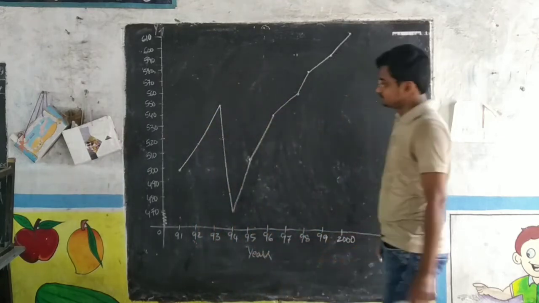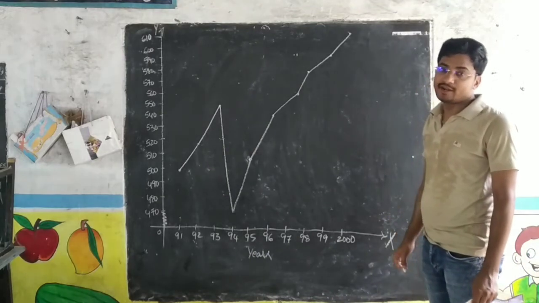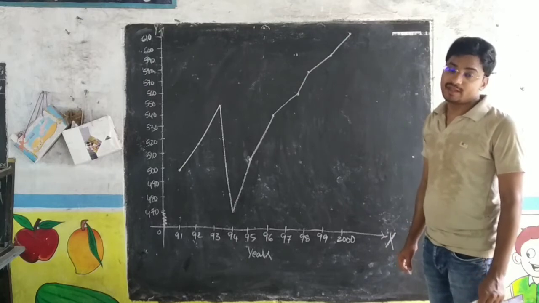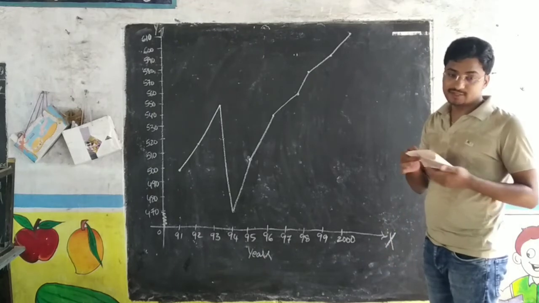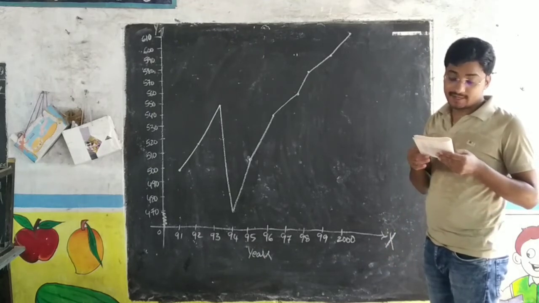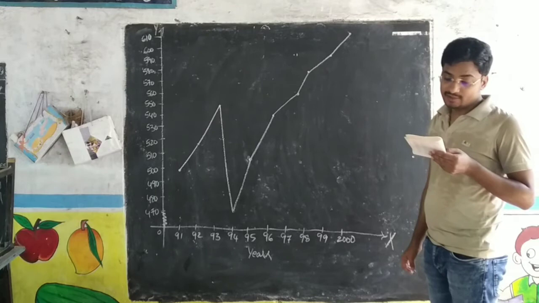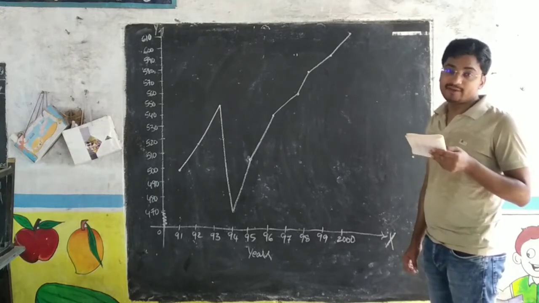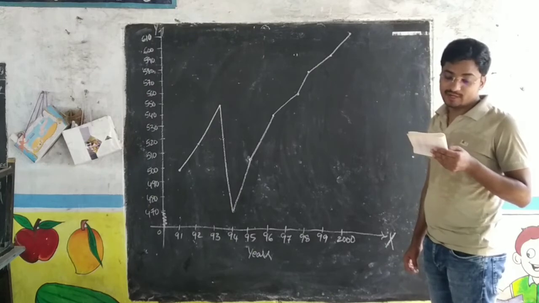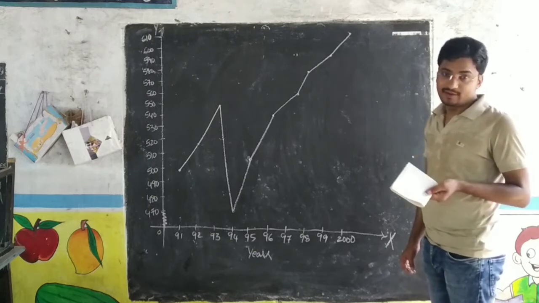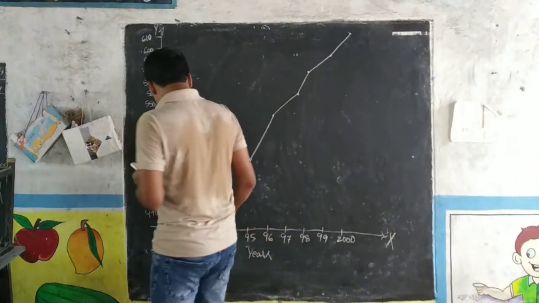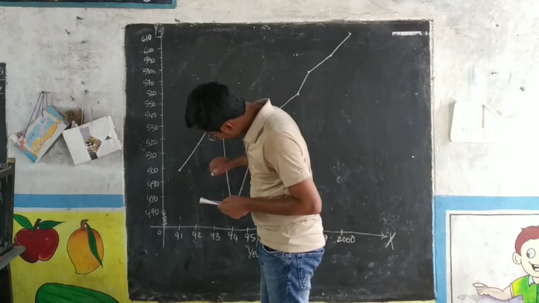This is the curve. Next we have to draw a trend line by using the fourth and fifth columns, that is centered moving average values and expected year. First expected year is 1993. Corresponding centered moving average value is 511.25, which is approximately 511. So for expected year 1993, the value is 511.